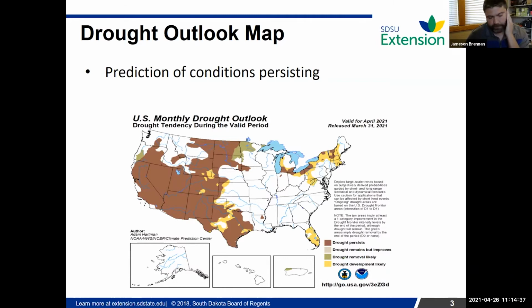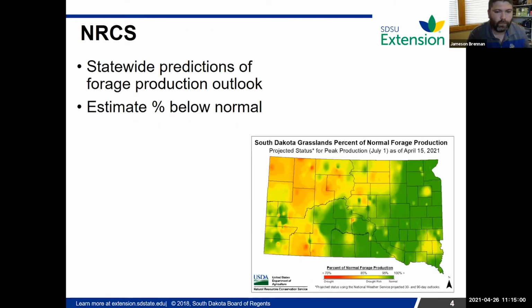And so as we come up here at the end of April, they'll release the May outlook, which is a very critical time period for a lot of our grasses. You can get an idea of if the conditions that we have right now are likely to continue, or if they're predicting that we might see some improvement as well. And this can help you when you're making plans for the coming season to get an idea of what you might expect. Next is the NRCS